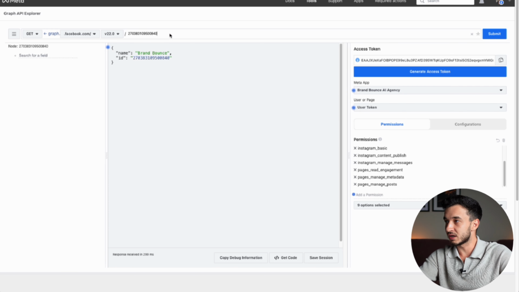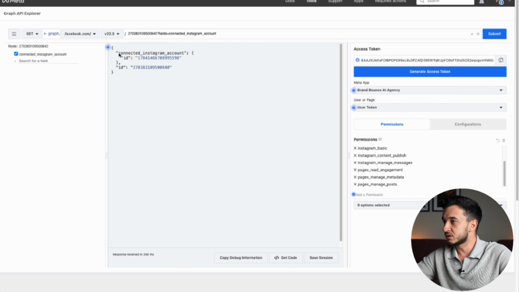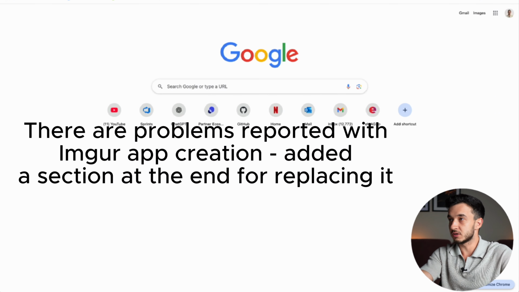Then right here write question mark fields equal connected Instagram account. Okay, and it will return you the connected Instagram account ID. We'll use this one in our automation, so make sure to save it. Okay, so the last thing you'll need is an Imgur account with the client ID, so head up to imgur.com,